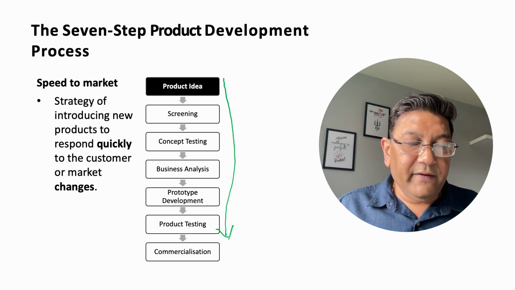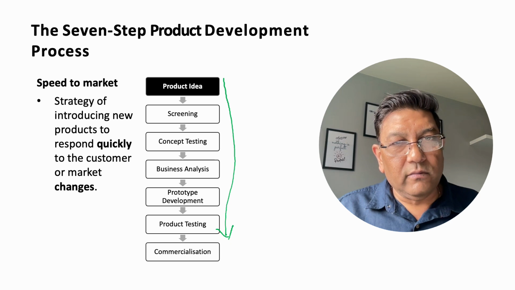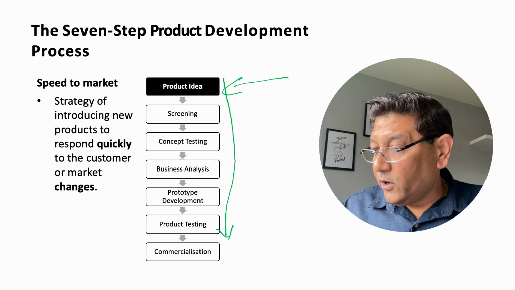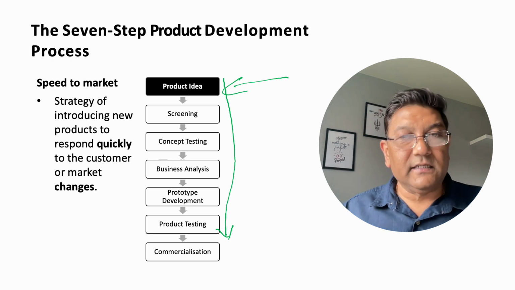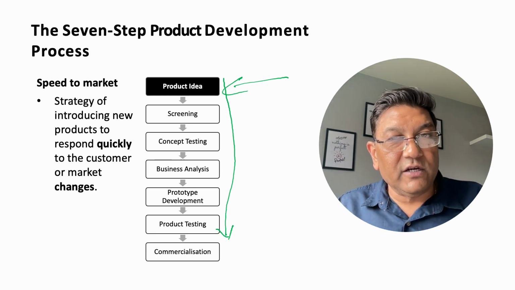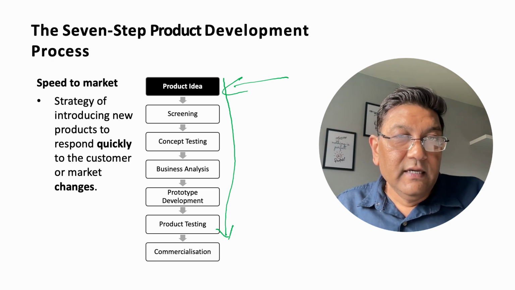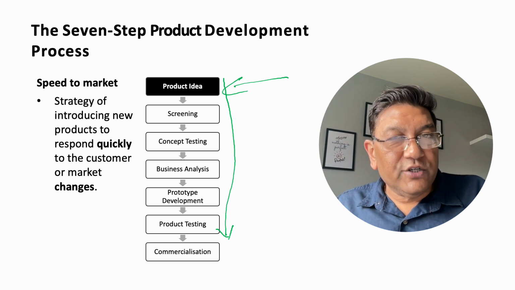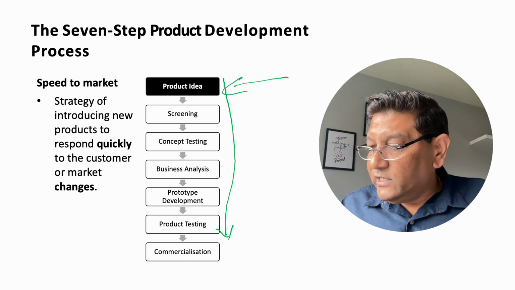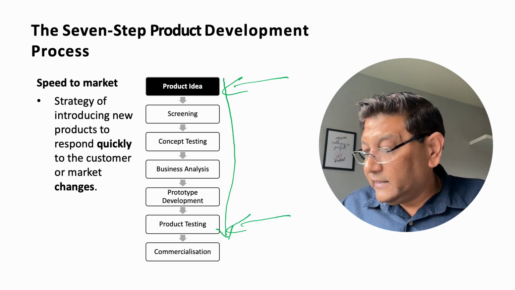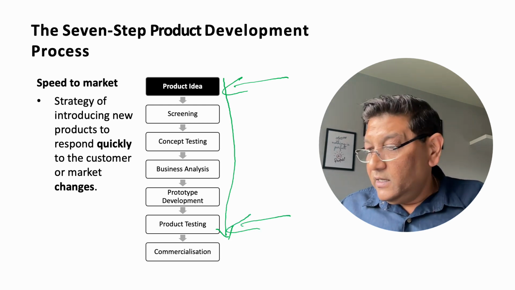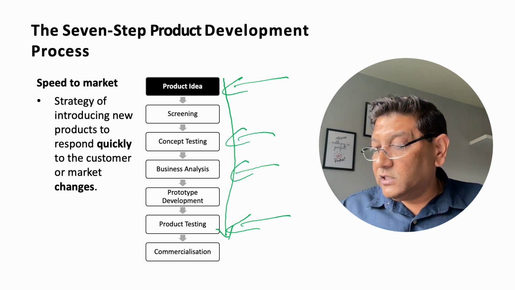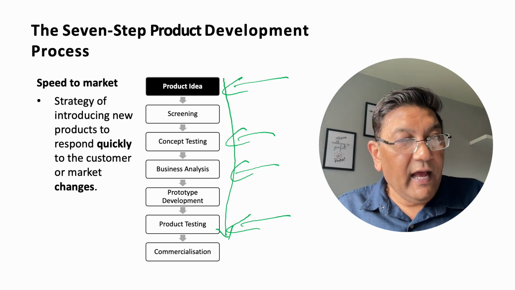And in that, you might be thinking that this session is about marketing. So where is the marketing? Now the marketing comes in the product idea, where you get the idea. The marketing people get the idea from the consumer, what type of features they are looking for, what type of colors, what type of size, what type of shapes they are looking for. That is where the marketing comes in. Product testing, that is where the marketing comes in as well. Concept testing and business analysis. Marketing could be useful in concept testing and business analysis as well.